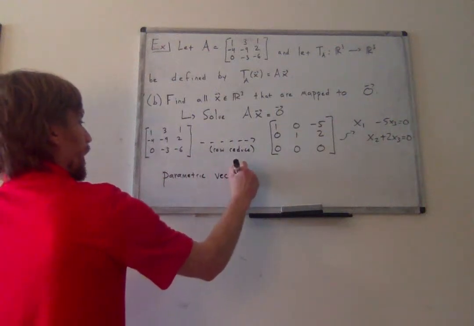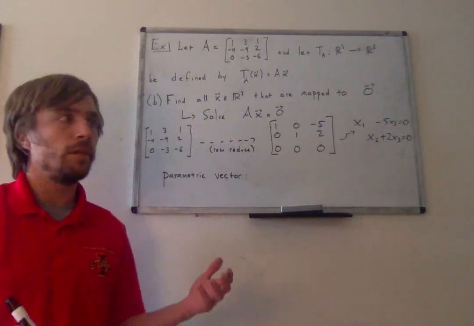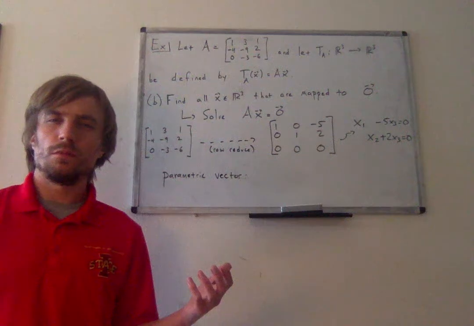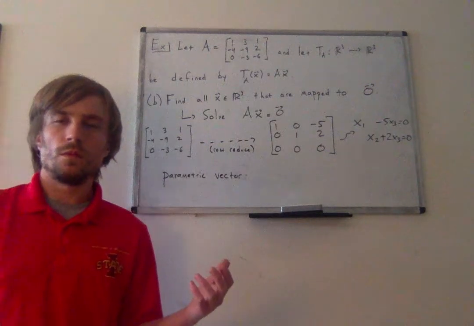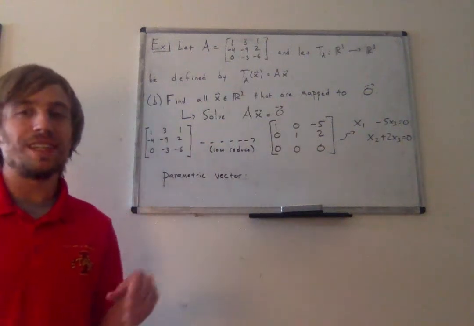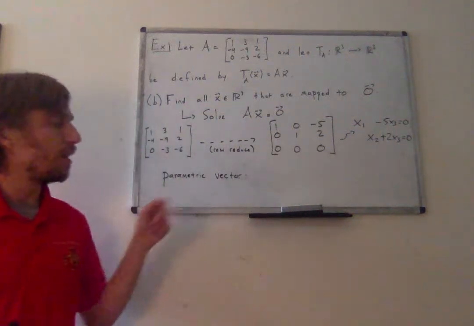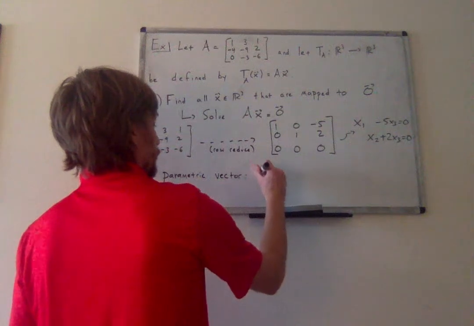And so here's one reason we introduced parametric vector form back in section 1.5. Whatever section we introduced it in. Oh, it was 1.5, I remember now. Because, notice, the parametric vector form for the solution,